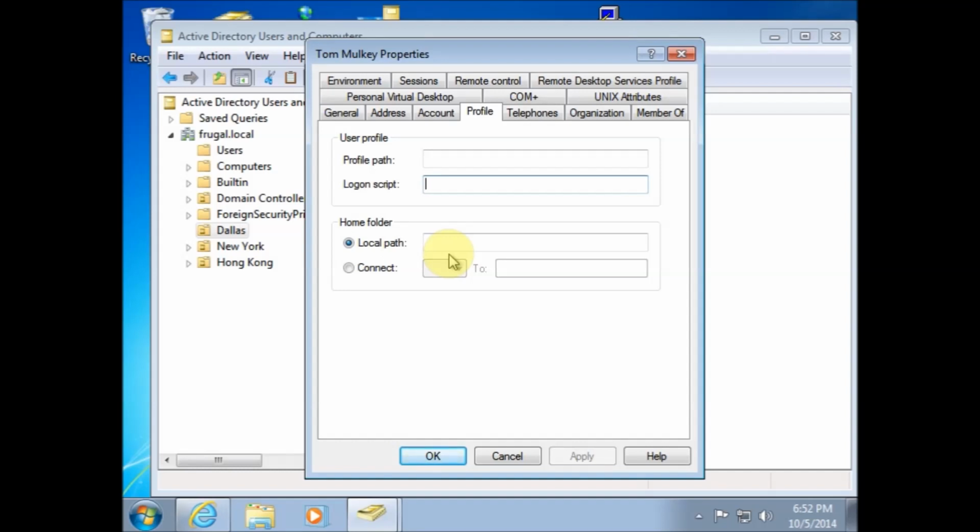I'm going to put in a login script here, and that login script is going to be tmolkey.bat. Now I'm going to say I want to map a drive for my home folder. So I'm going to put K as the user's drive, and I'm going to say it's going to map to //81/users. Now if we hit apply,